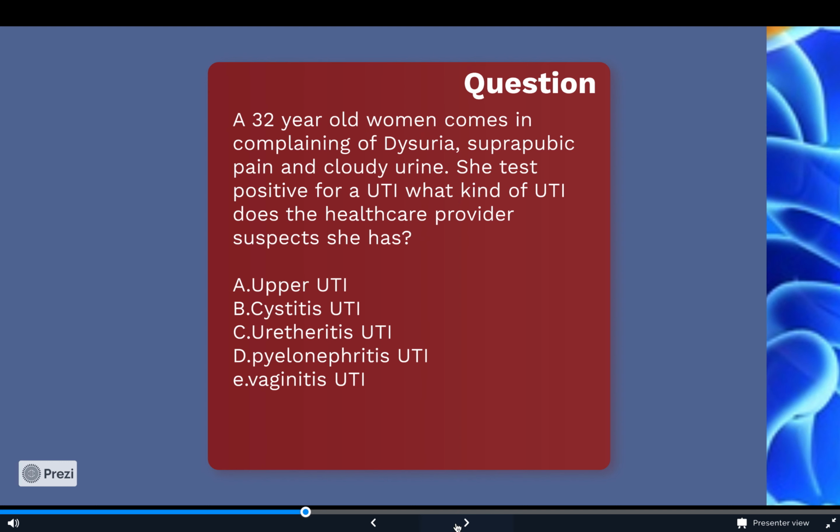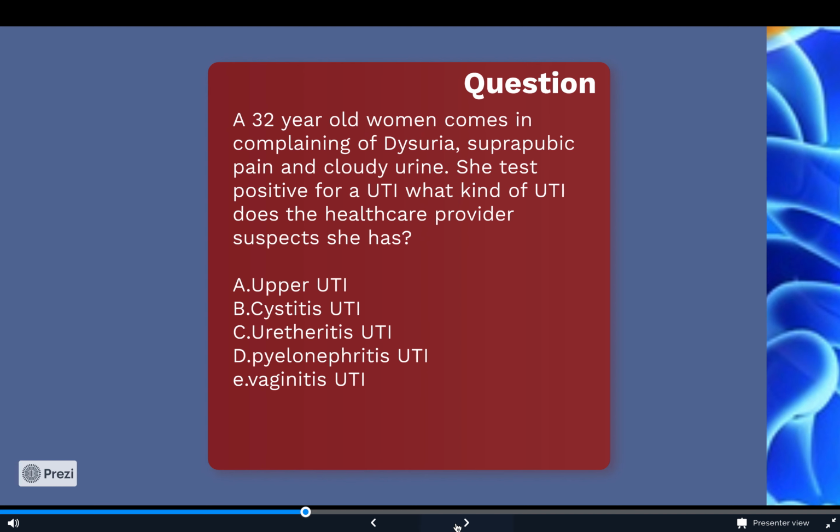The correct answer is cystitis UTI. The reason why is the main symptoms for cystitis UTI are dysuria, suprapubic pain, and cloudy urine. Upper UTI is just a generalization of urethritis and pyelonephritis UTI. And the reason why it is not C, urethritis UTI, is because that is revolving more around